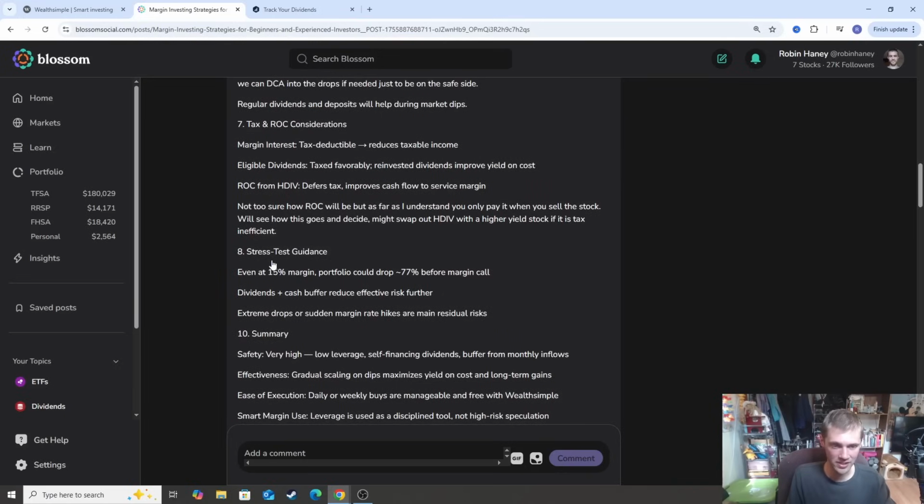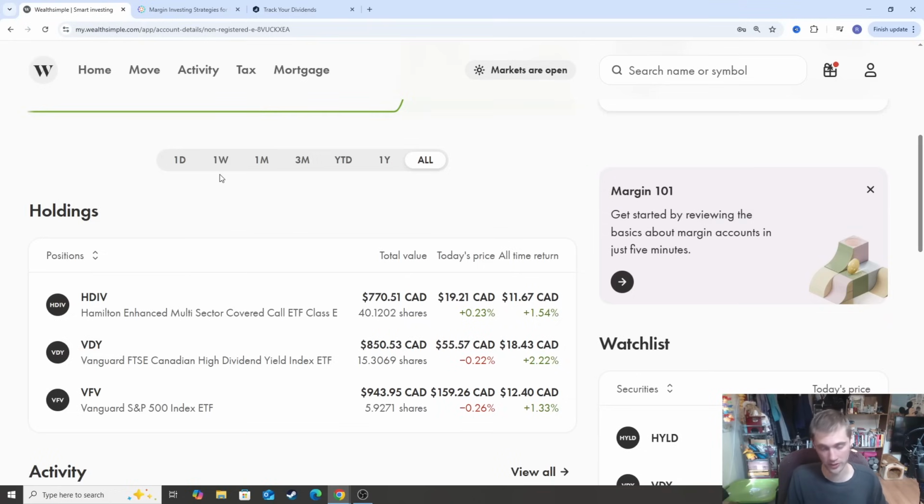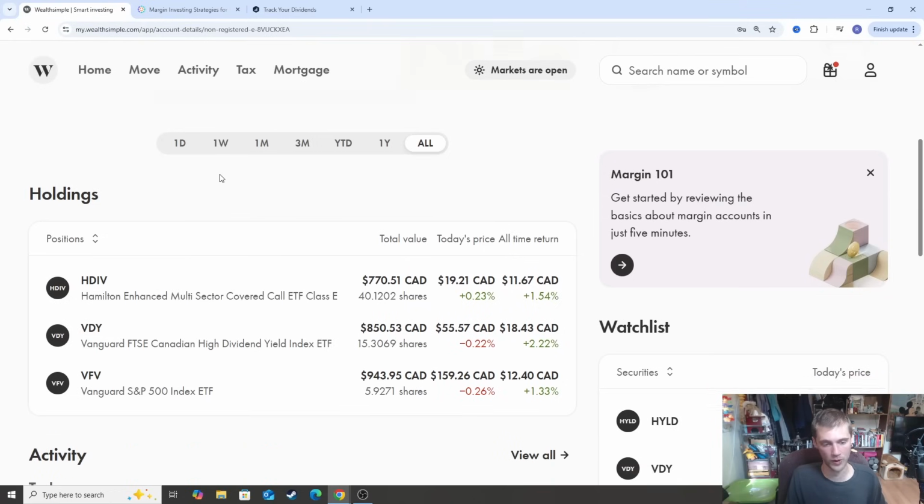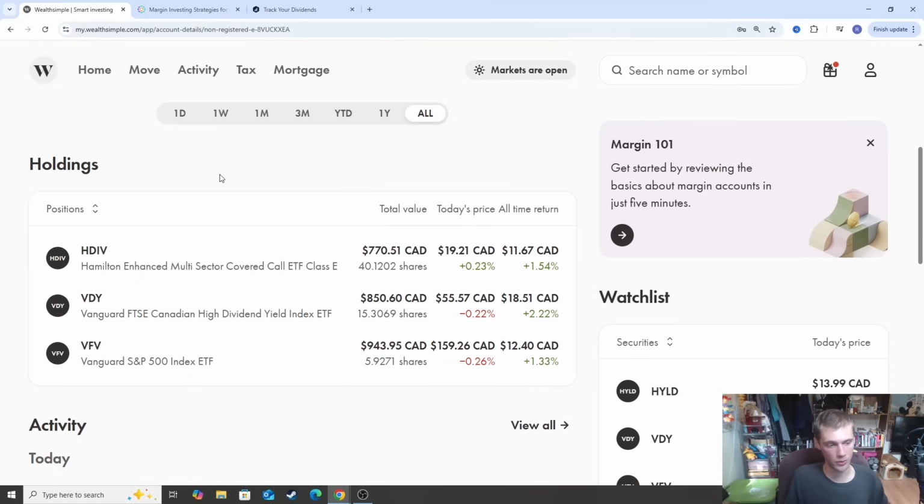When it comes to taxes, this is also going to be the big thing. So margin interest, apparently, if you invest in assets that generate you cash flows or dividends or anything like that, apparently you can mark it off as a tax credit. So interest from VDY as well as VFE, yeah, interest from VFE and VDY is going to be tax deductible. Now HDIV does have some capital gains, some return of capital that, from what I understand, you can't claim